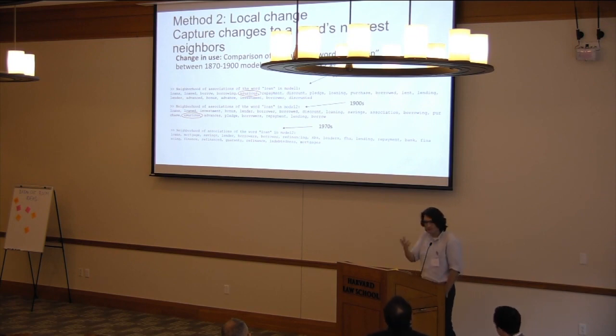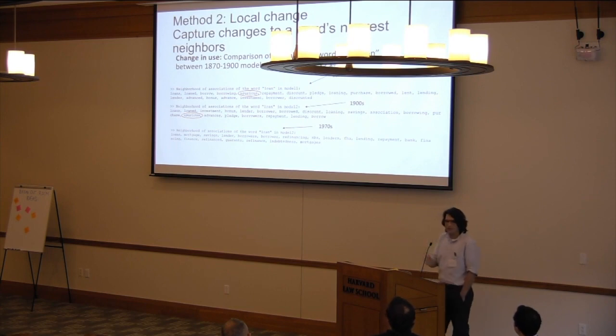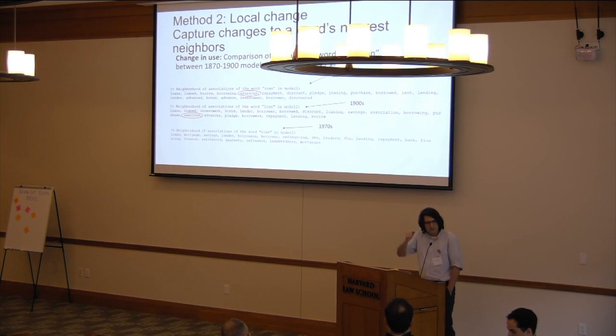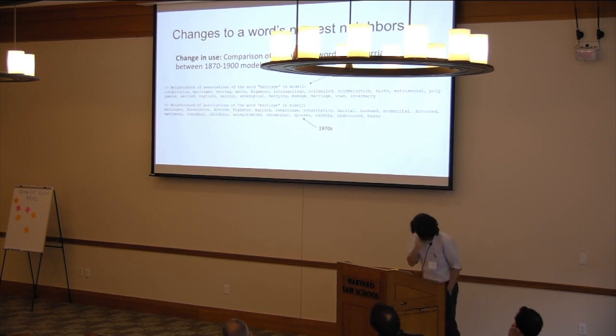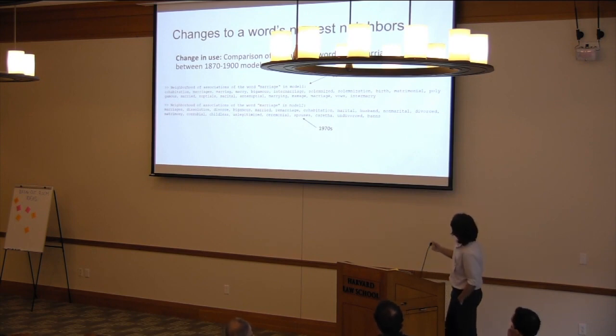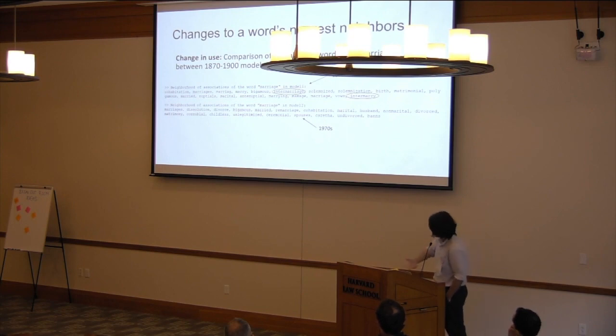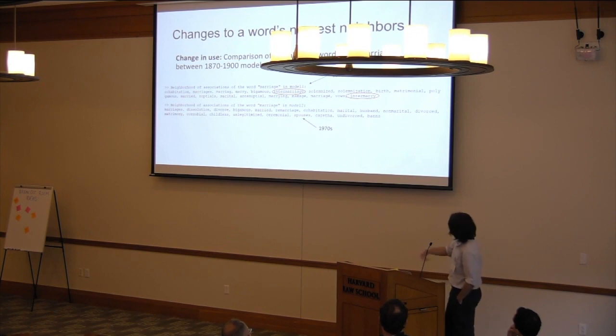practical perspective, right? You want to see how a word is moving over a couple of years. What are the words that are used in context, right? And you want to see how it moves. Another example, and I have a couple, the word marriage, right? In the 1870s, 1900s, a lot of interesting words like intermarriage and intermarry, right? Obviously showing the historical discussions, I mean, the discussions that happened in history in the US that were not very nice, right? And in the 1970s, we see things like divorce come up a lot, right?